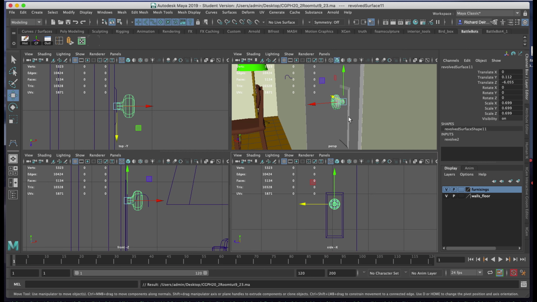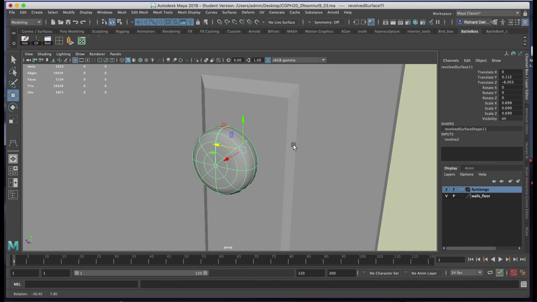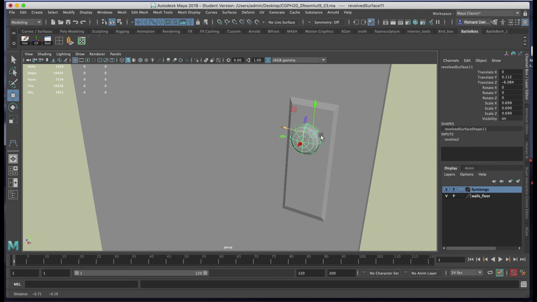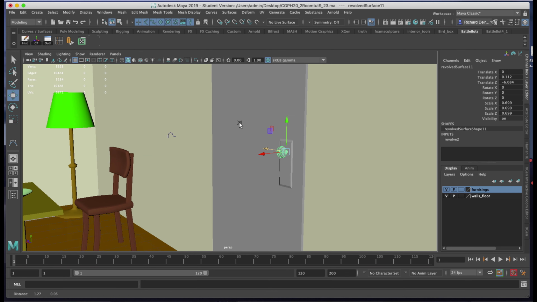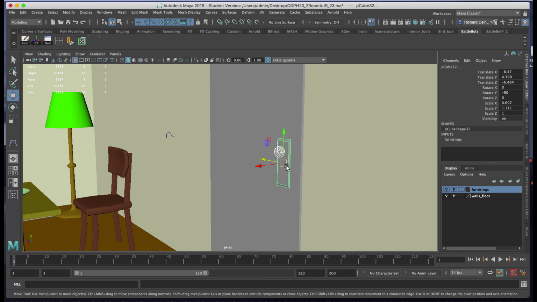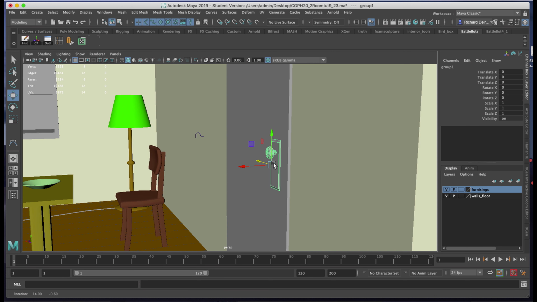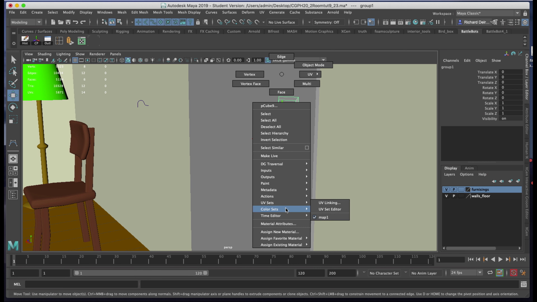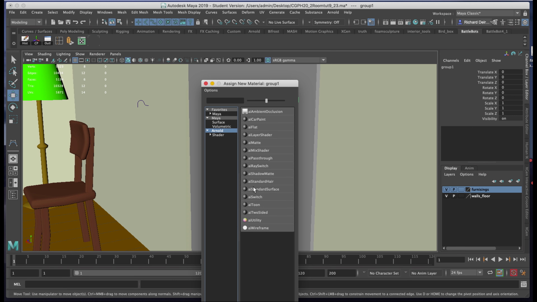And going to my perspective view, I'll hit F on the keyboard, and now I've got the plate and the doorknob. All I need to do now is use my hypershade to add color to it. So I'll shift select these two, hit Command G, I'll center the pivot. I'm going to delete by type history because I haven't done that since I created the doorknob. And now I'll right click anywhere in my viewport and I'll choose Assign New Material. Arnold, AI Standard,